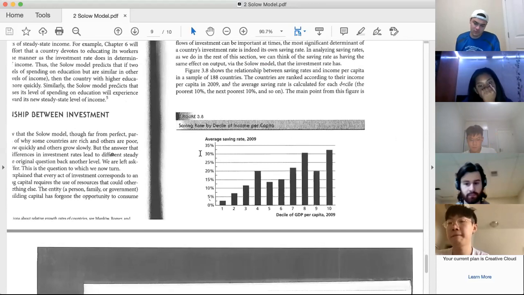Okay, here you can see, on the horizontal axis, the decile of GDP per capita, right? How rich a country is per capita. And then this is looking at the average savings rate in that country. While it's not a perfectly straight line, it is clearly true that richer countries save more than poorer countries, right? So yes, richer countries do tend to save more than poorer countries. To look at this another way,